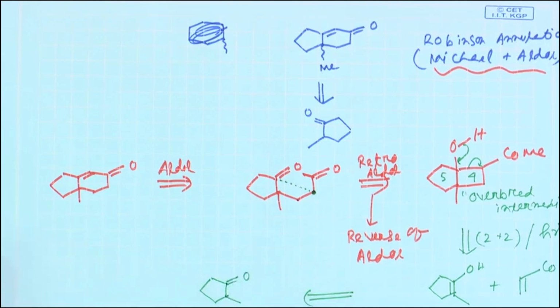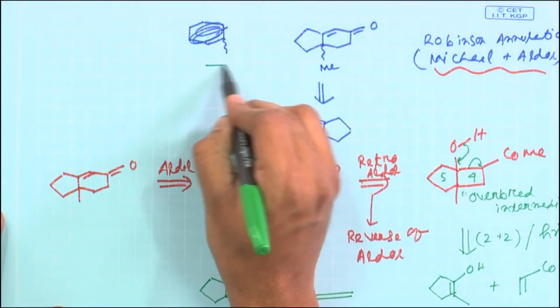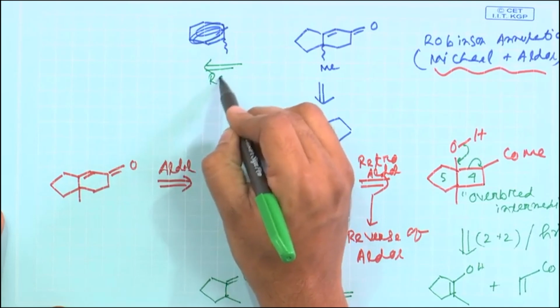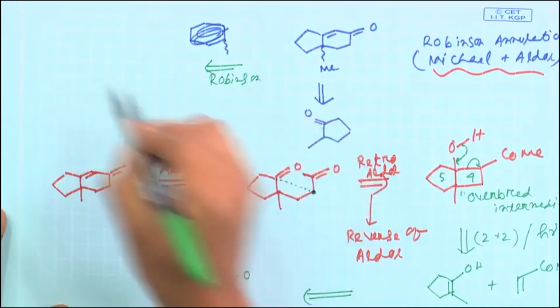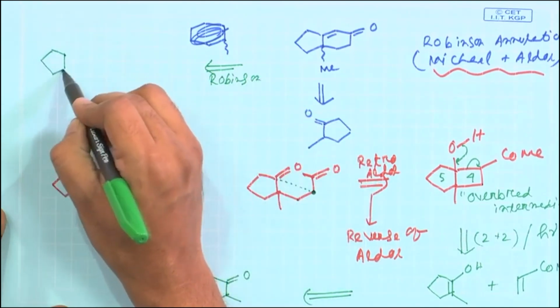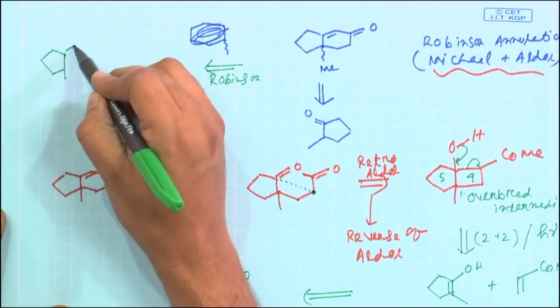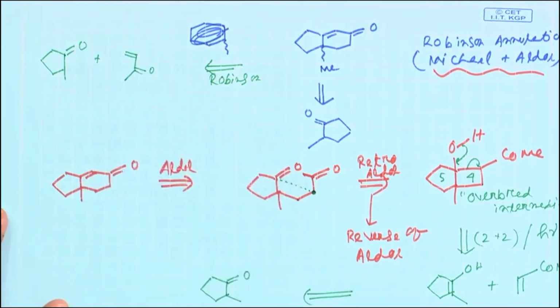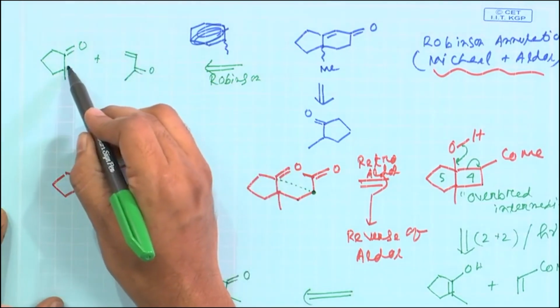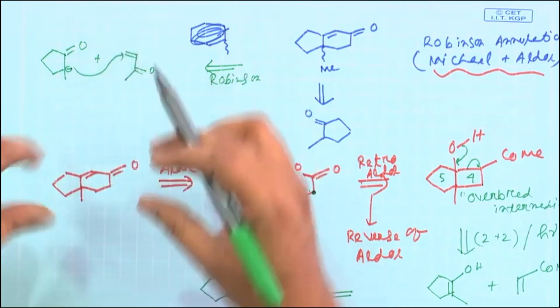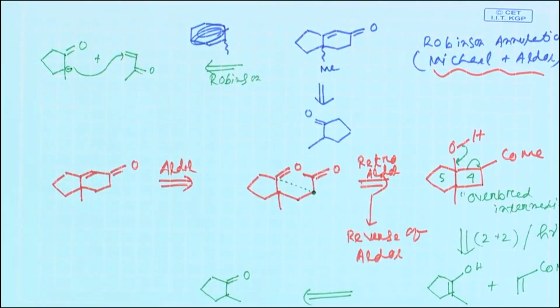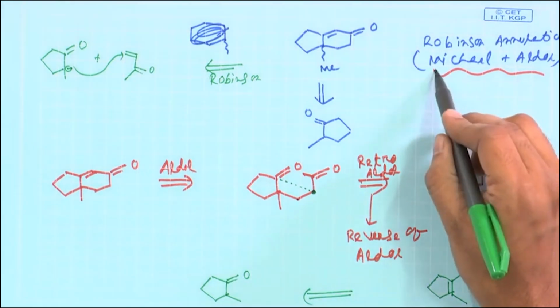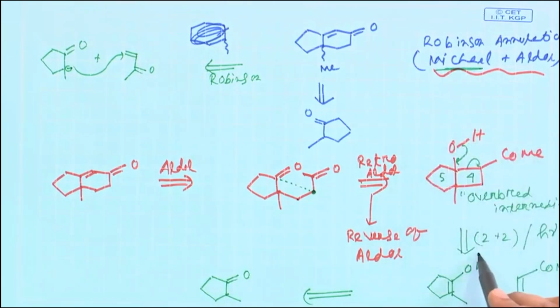Now, you see the starting material which was required in the Robinson pathway is also similar. So, if I have to do a Robinson pathway, which I said you cannot use in this case, the pathway for Robinson is also similar, I mean the starting material is exactly similar. Methyl vinyl ketone. So, the initial Robinson pathway is basically this undergoing a Michael reaction and then you have an aldol if you rotate this molecule. But here the starting material is similar, but instead of the initial Michael reaction, we replaced it with a 2+2 photocycloaddition,